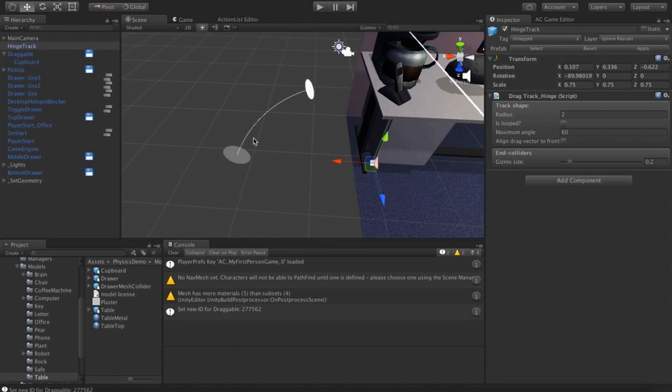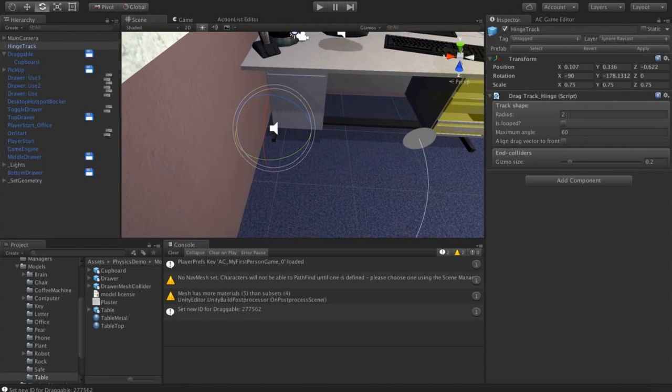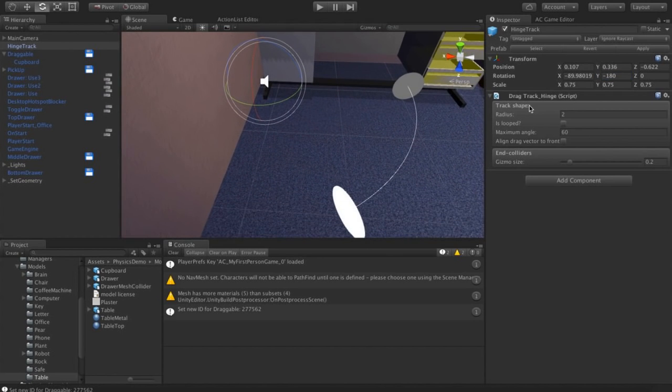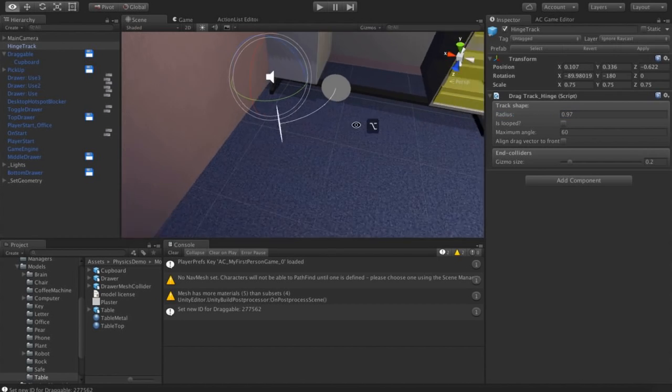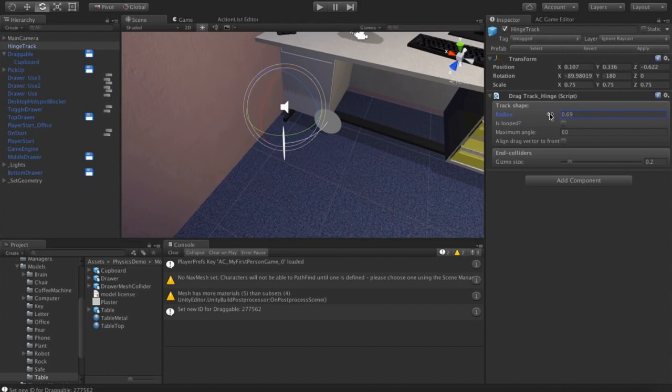It's rotated in the wrong direction at the moment because the grey represents the off position, or the shut position, the smallest amount that it can rotate. So if I just rotate it 180 degrees, I'll just type in minus 180 into its rotation transform, and reduce the radius, you can start to see it making sense a little bit better.